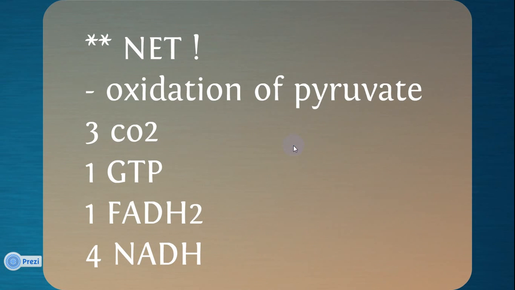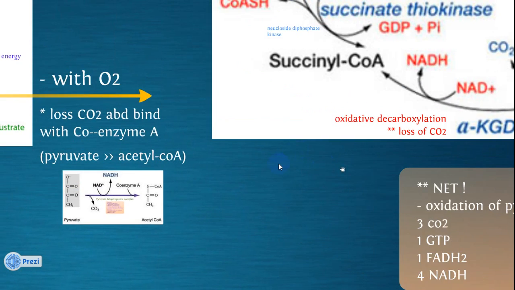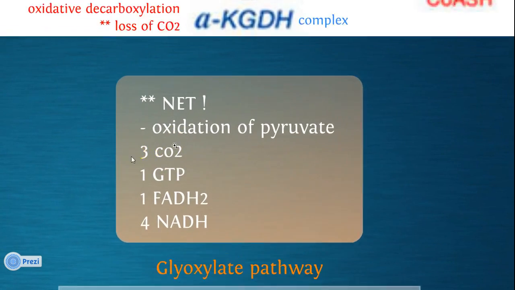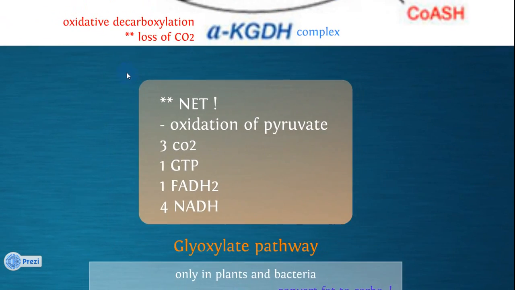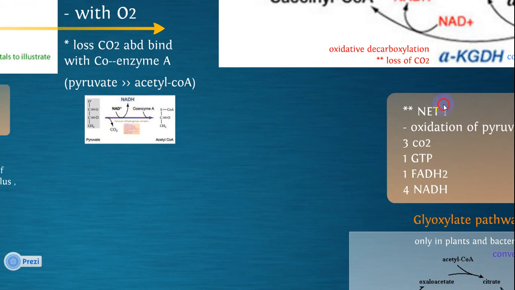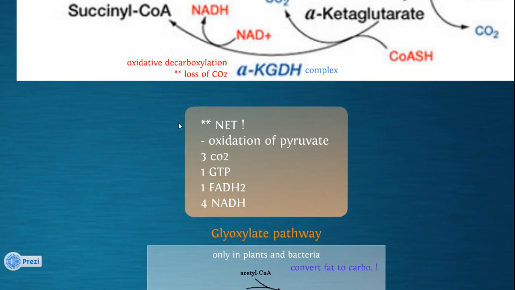You need to distinguish between the net oxidation of pyruvate and the net oxidation of acetyl-CoA. In the exam, if he asks you about the net oxidation of pyruvate, you need to add the one NADH from here. Don't forget that we have an NADH here. So the net oxidation of pyruvate will be 3 CO2 compounds, one of them here and two of them here, 1 GTP,